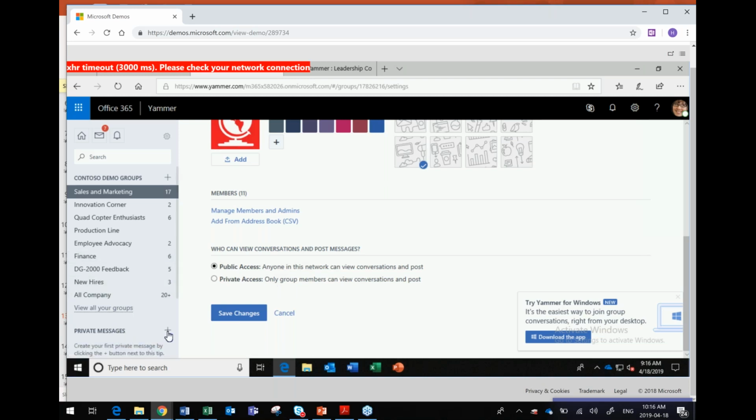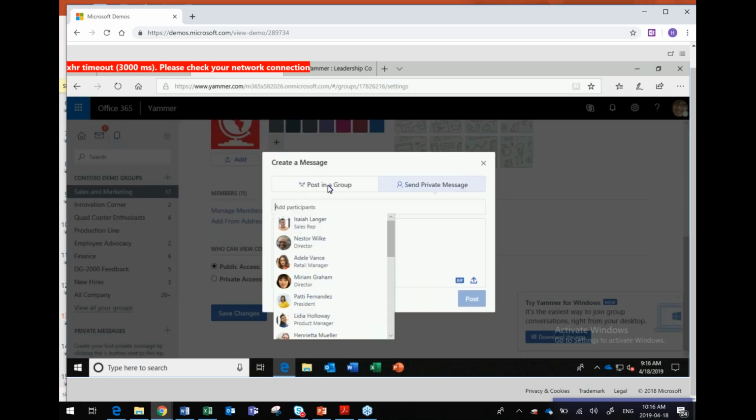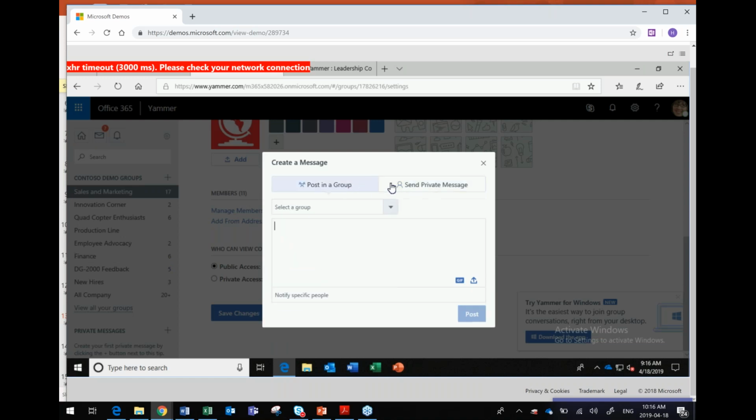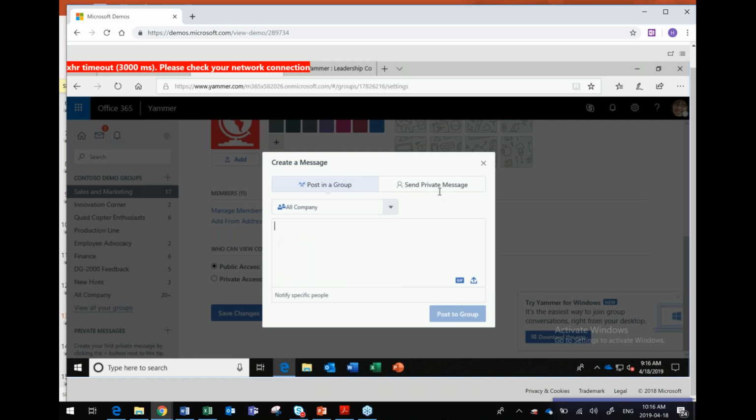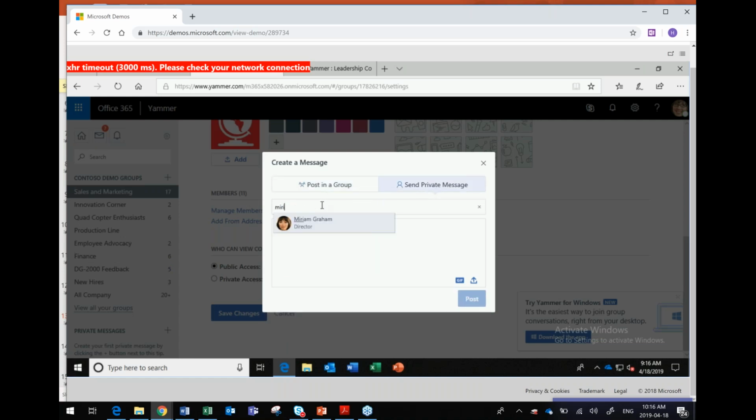Right? You can also create private messages from here as well. So let's say I want to send a private message or post in a particular group. I can select the group here, for example, all company, and post a status, or I can send a private message to whoever I would want to, for example, Miriam, and I can send her a quick message right up from there,